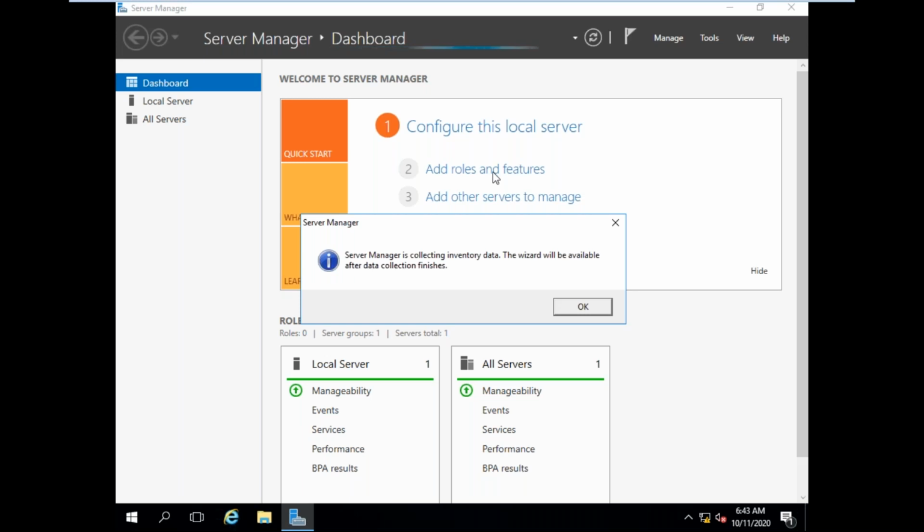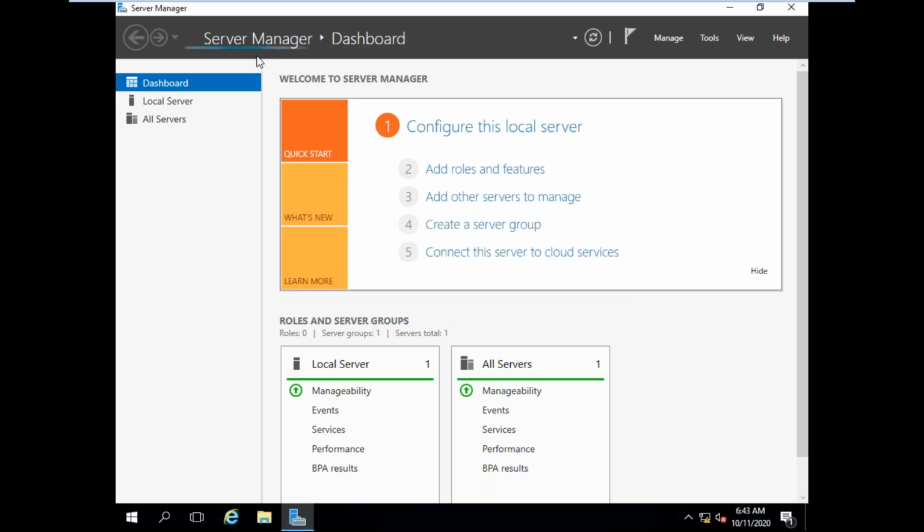Click on Add Roles and Features. See, not yet available. That process is going on. When it stops, then we can click on this.